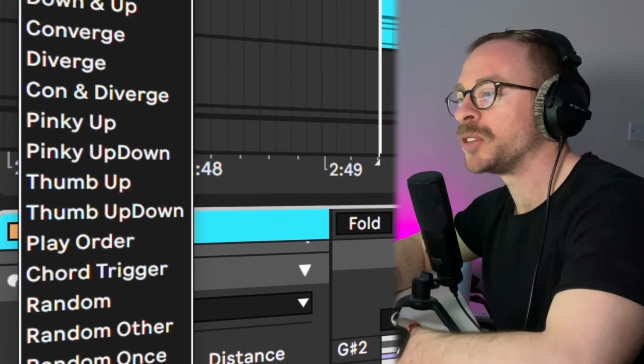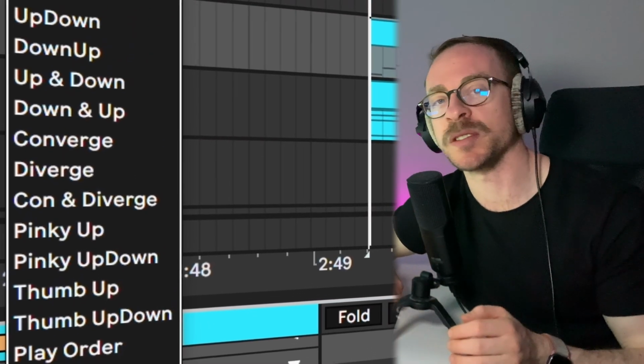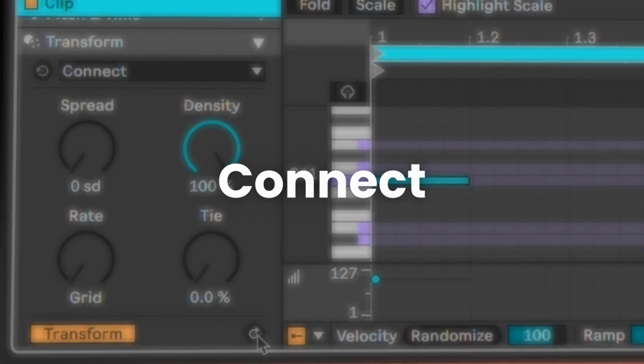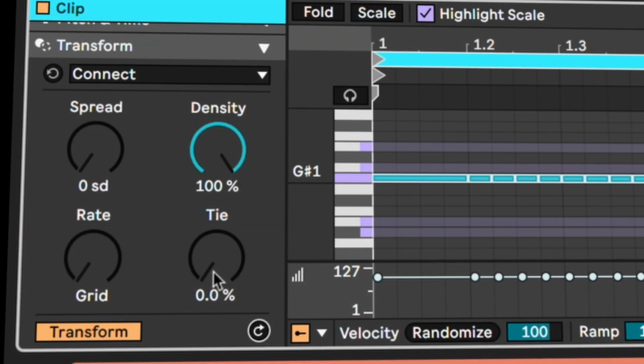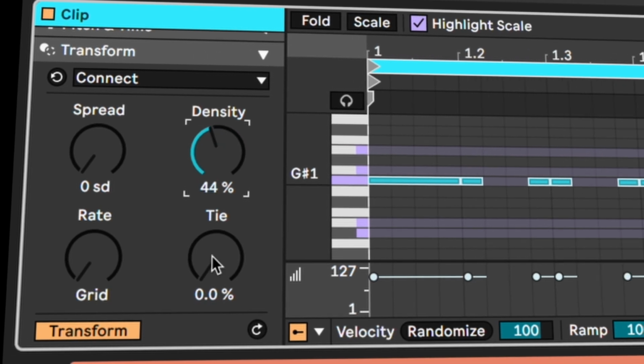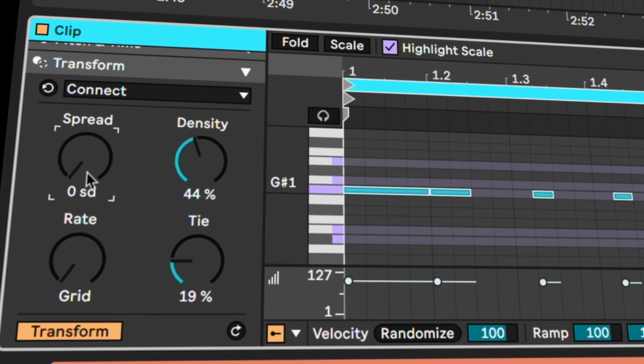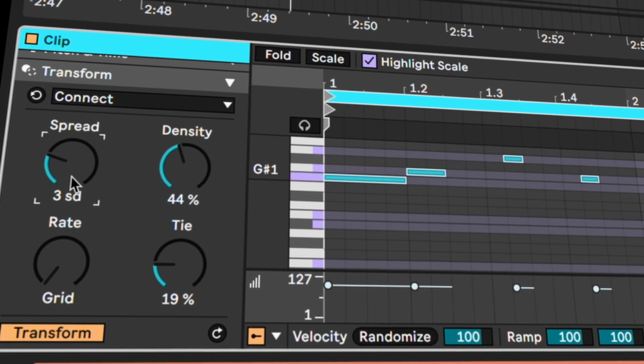We can choose between different styles of arpeggiators. These are the exact same styles you have in the arpeggiator MIDI effect, which you're all quite familiar with. The next one is Connect. The Connect generates new notes that fill in the gaps between existing notes. The placement of the new notes is randomized, but some notes of the pattern can be determined using the different